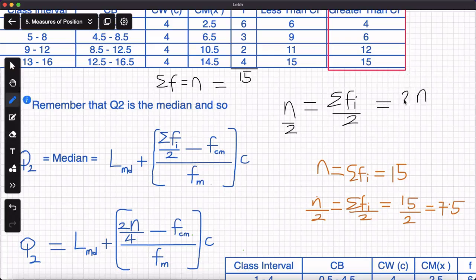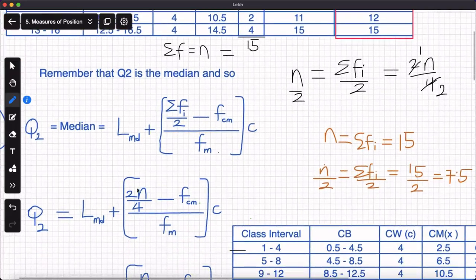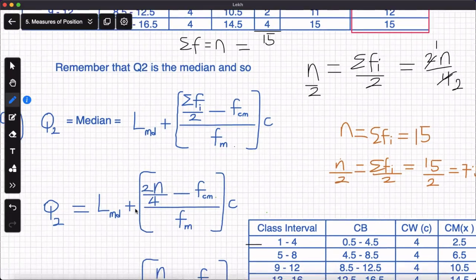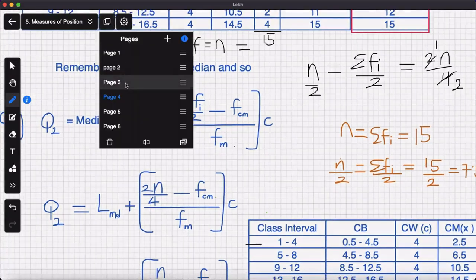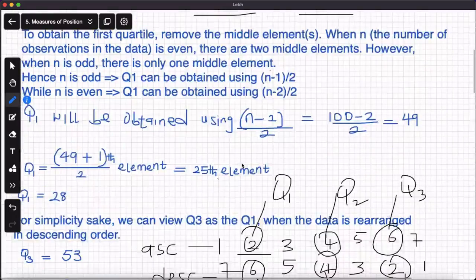If you say 2n divided by 4, we cancel 2, that will be 1. We cancel 2 again, that's going to be 2. So n over 2. And that is how we obtain 2n divided by 4 here. And so, since you know that, you may be able to see a similarity between that and the formulas that